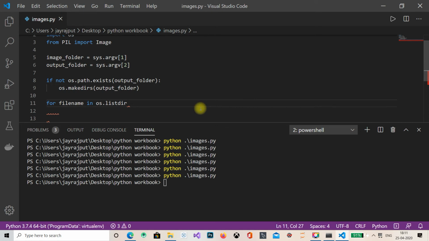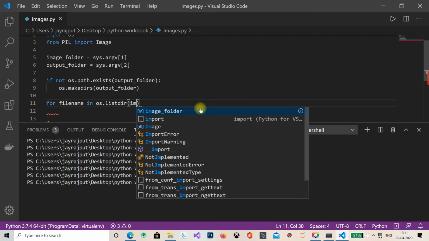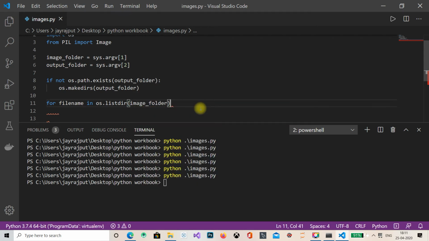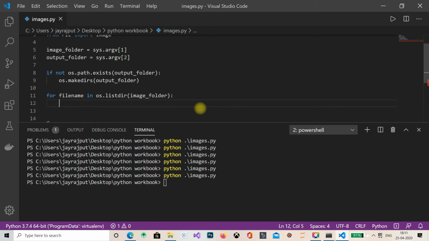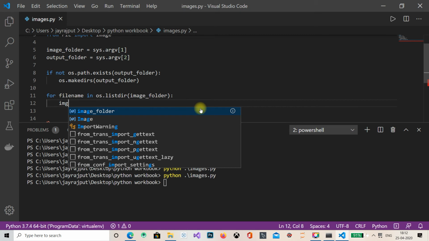Pathlib is also one of the good libraries of Python. I have worked on it also. You can go with that, but I am working with os, which is pretty comfortable for me. So os.listdir(image_folder), and indent. Guys, always remember to put the colon, otherwise you will get an error.